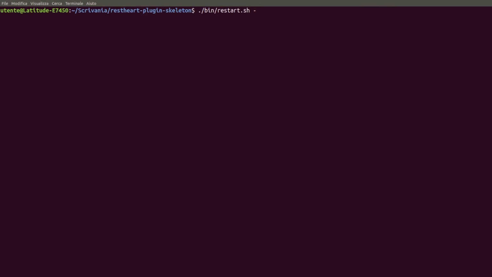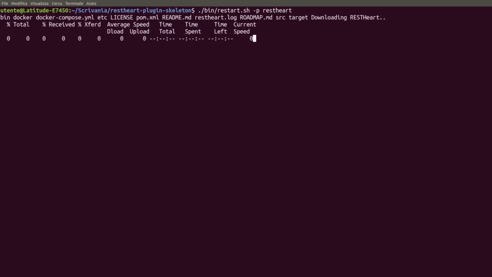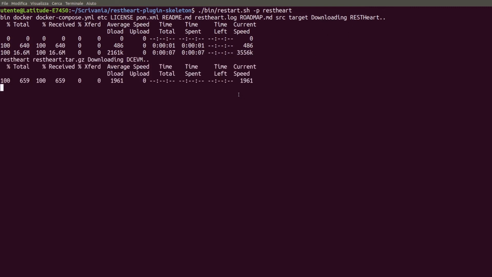Now we go and execute the restart profile. Be careful about this difference. Here we have restart and here restart, which is the name of the framework. So, as we can see, the first operation made is exactly the restart download one. Then, the Java Virtual Machine is downloaded. The time necessary for the download depends on the speed of the connection, because we have to download around 185 megabytes. This operation is carried out the first time we execute the command.